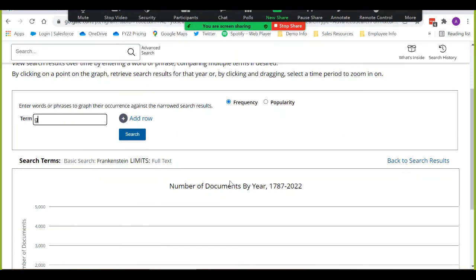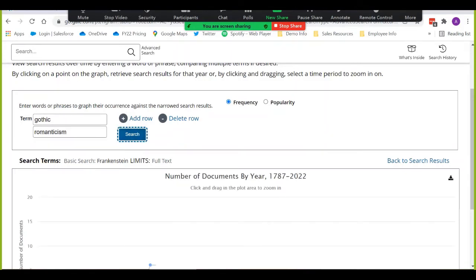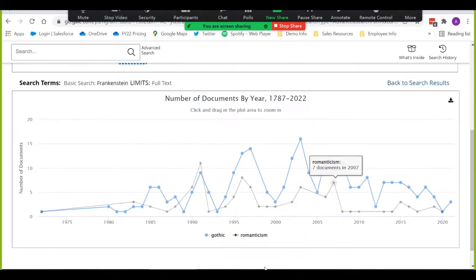So if we do something like Gothic and Romanticism, when you search, it will show you the peaks and troughs of how often that word appears in the documents that the database has from that year. And this is really great for starting off a research project. If you're not quite sure